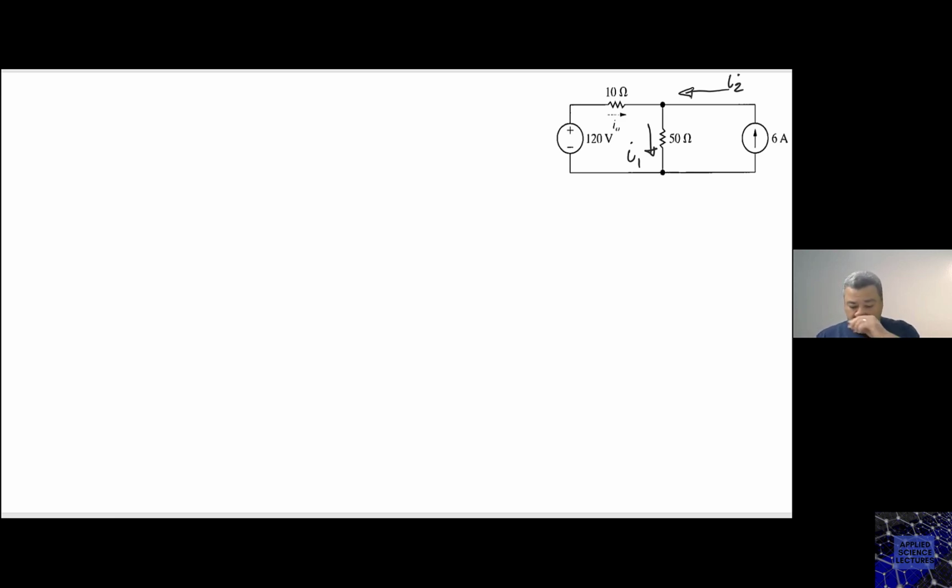So if I am now to write a KCL, let's assume that this is one node here. If I want to call this one A, then